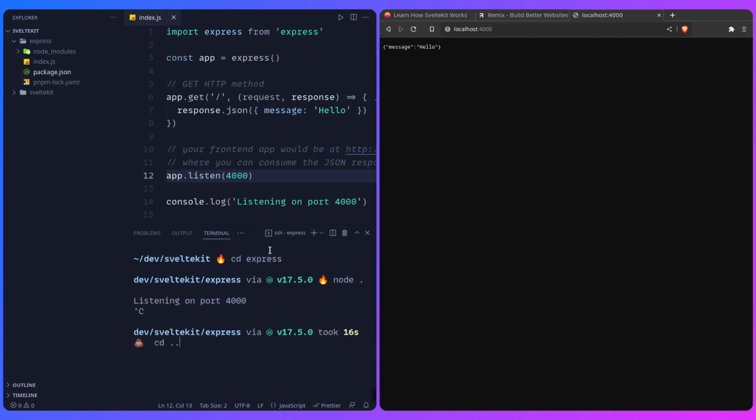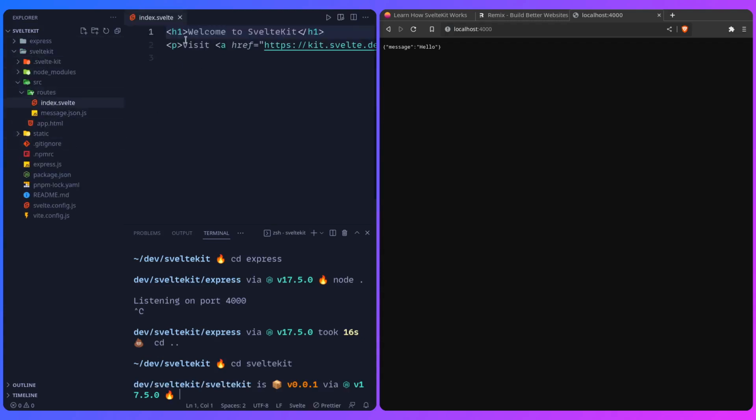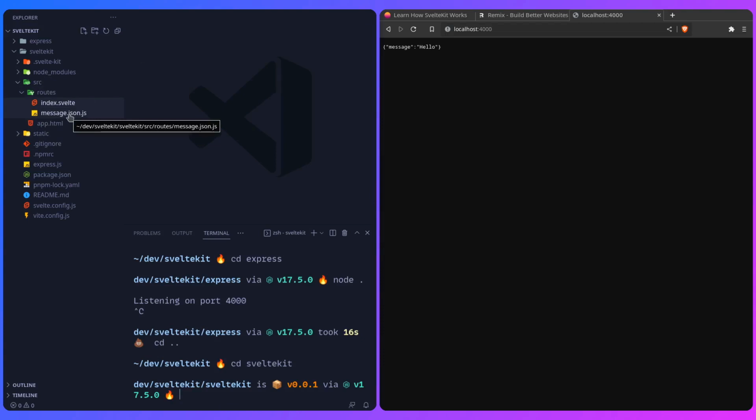So I can quit this, then let's go one step above, and then I can cd into the SvelteKit folder, and let's look at that for a second. So I can collapse the Express one, I can go to SvelteKit, and in here I have routes. Here is nothing special, just the default one you get when you initialize a SvelteKit project. And here is the magic sauce. So we can create the same thing if we create a